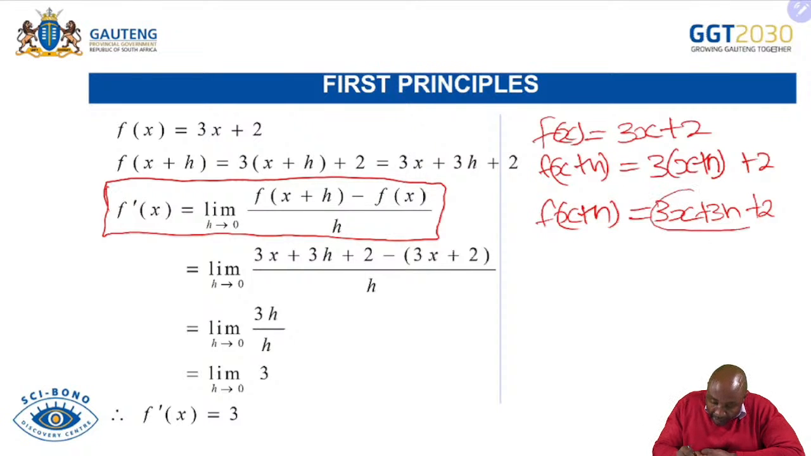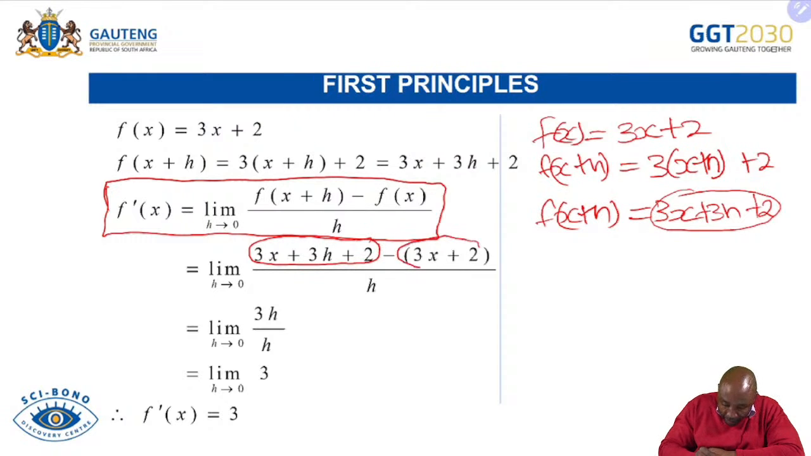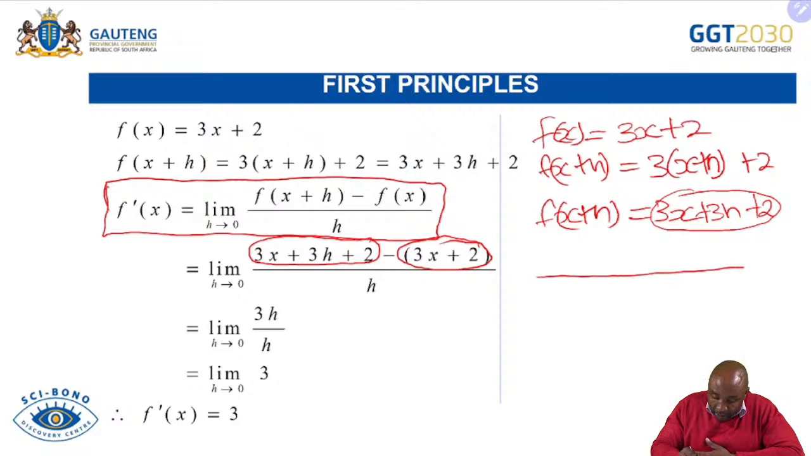This is our f of x plus h. We substitute it back into the formula. That's our f of x plus h, minus f of x, that's our f of x. We divide that by h. We simplify. On our numerator, we are going to have our limit